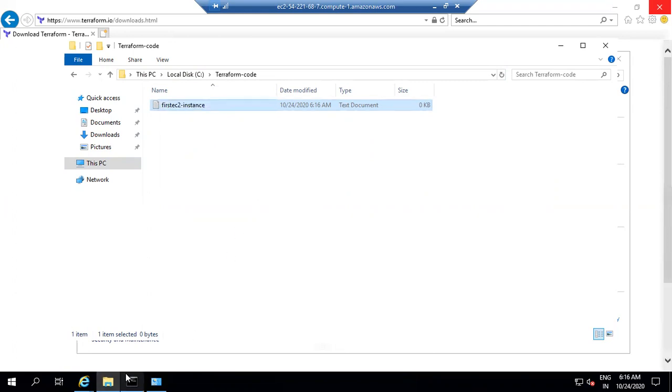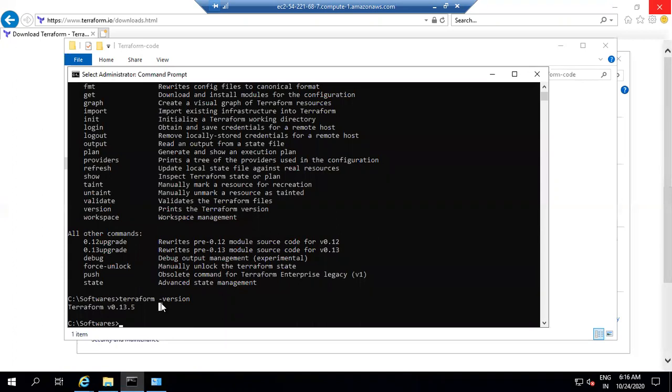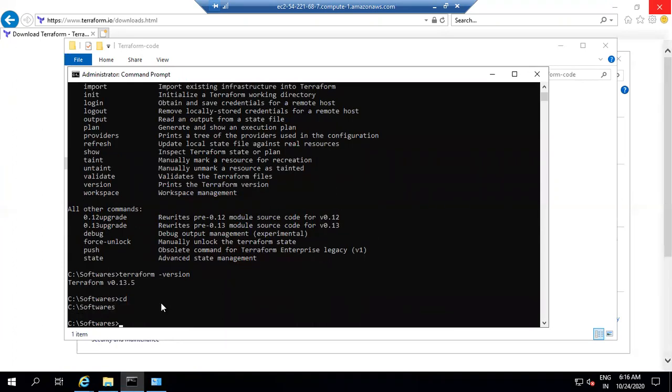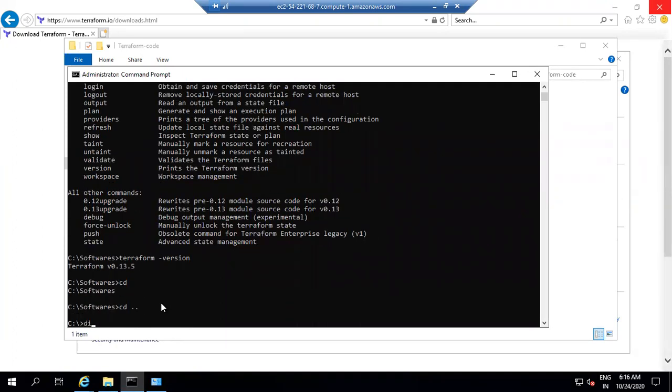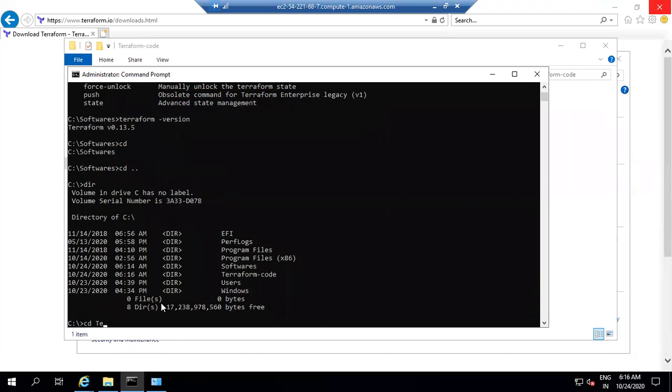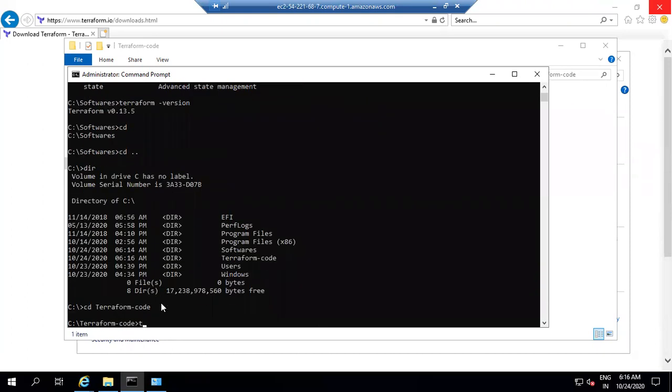Okay, this one random file which I'm going to create under the Terraform code. So we'll be having our files to execute. If I go to that particular folder, Terraform code, and execute a command like terraform -version,